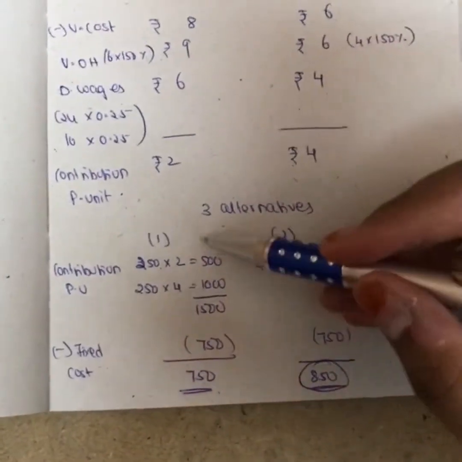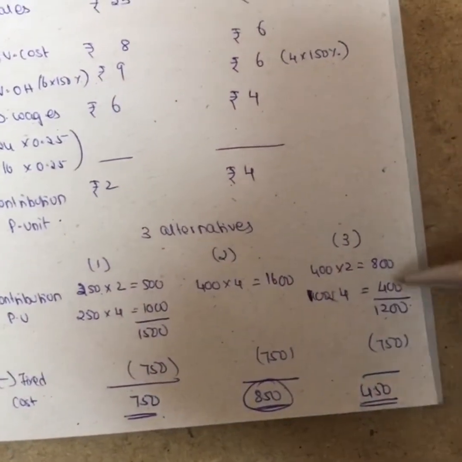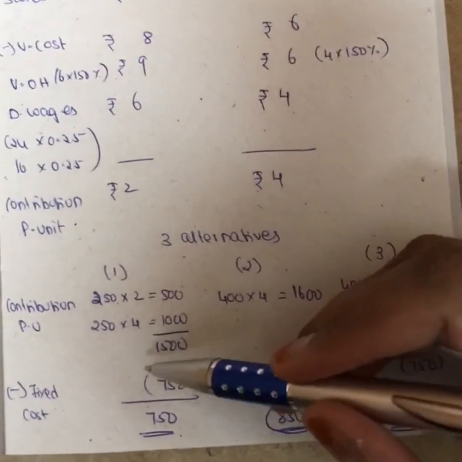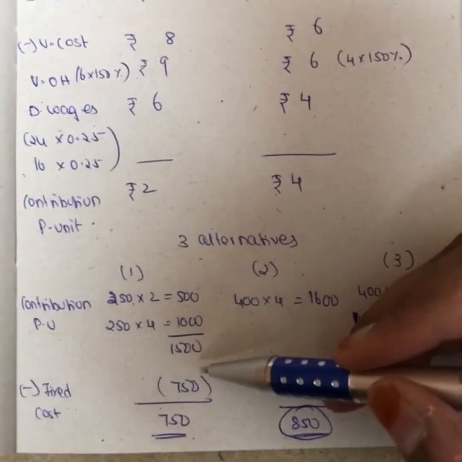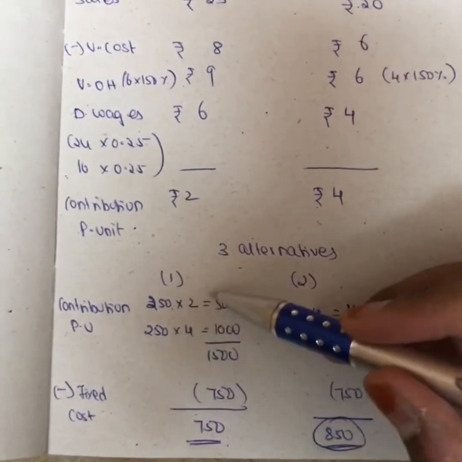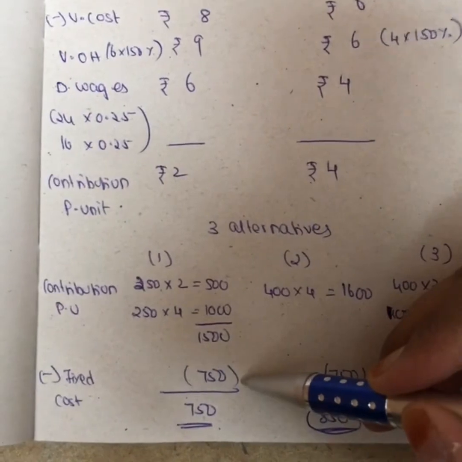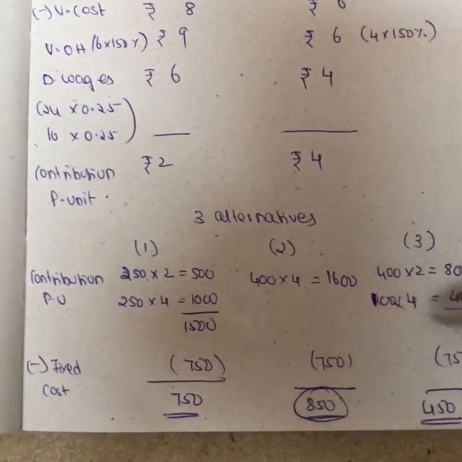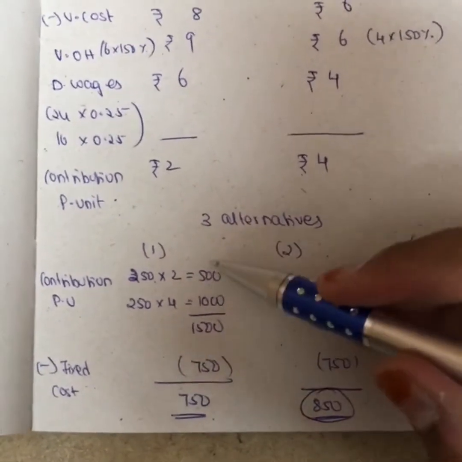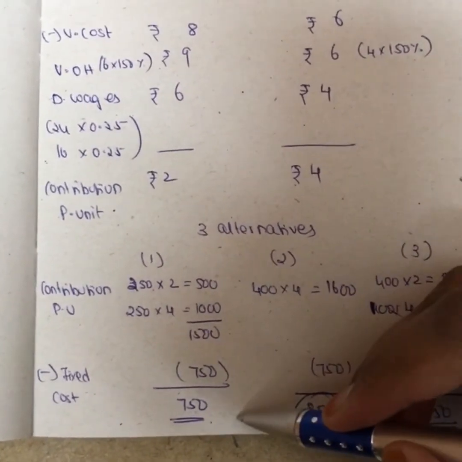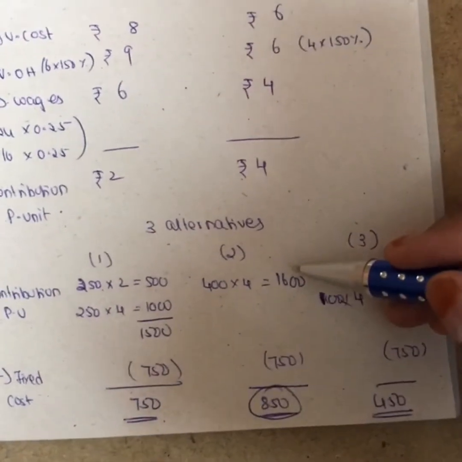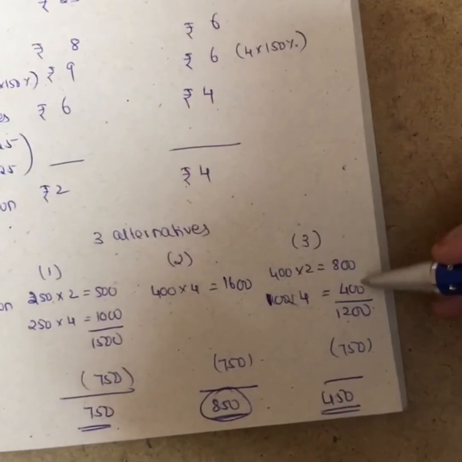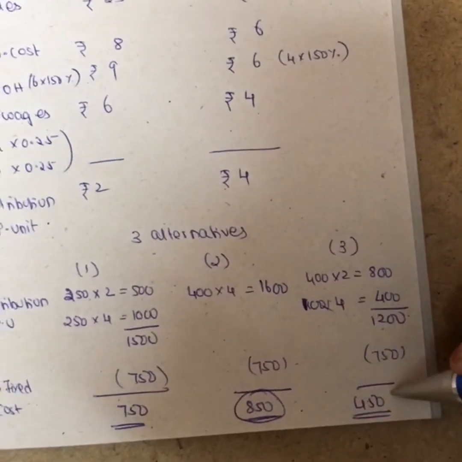And fixed cost. Now these are separate alternatives. See, as I said, fixed cost, they have given the total, right? We have to minus with the total. So X and Y units I'm adding, this is the total. With this only I'm minusing the fixed cost. Since we have three alternatives, for three alternatives we will minus the fixed cost. Okay, so 1500 minus 750, we get a profit of 750. And then 1600 minus 750, we get a profit of 850. And then 1200 minus 750, we are getting a profit of 450.